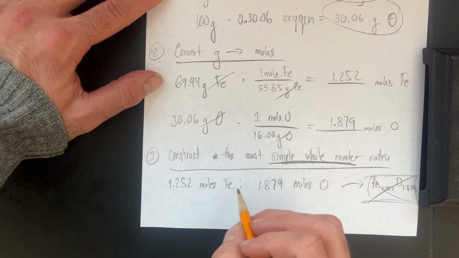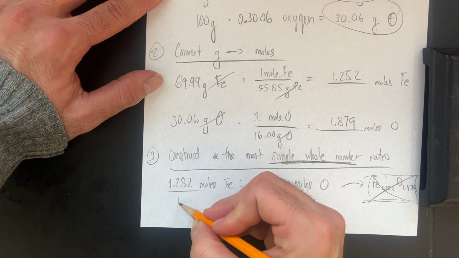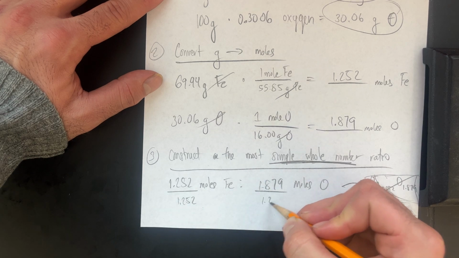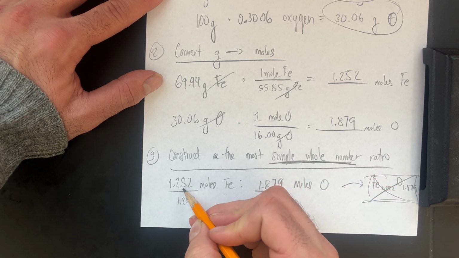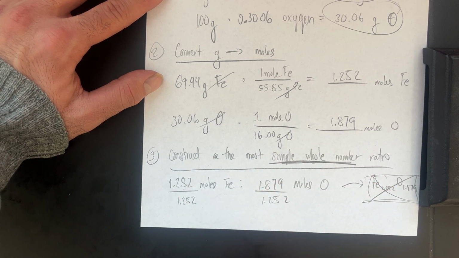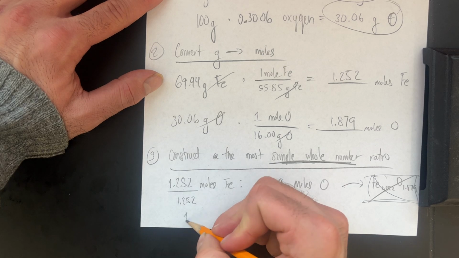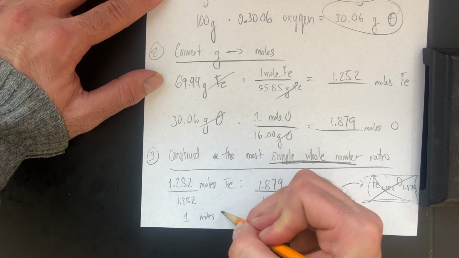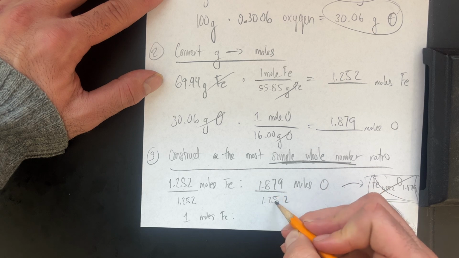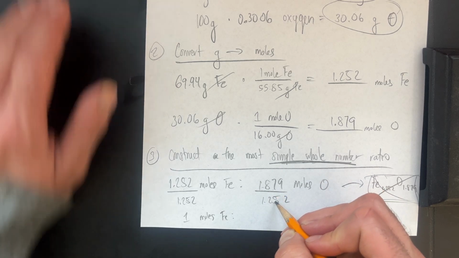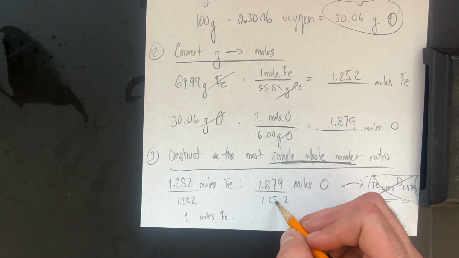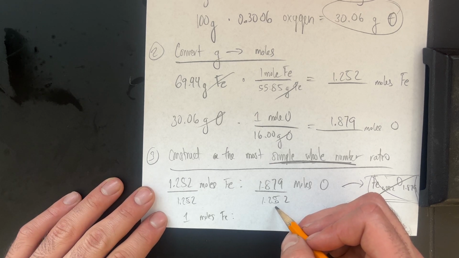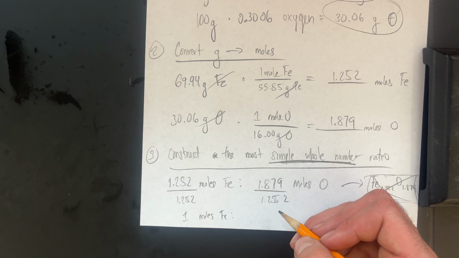Take the smaller of the two and divide both sides by that. Because if you do that, then at least, what's anything divided by itself? It's just going to be 1. Right? And then what's this divided by this? Well, that's not going to be 1, but it's actually going to be something kind of nice. And if it's not nice, we can work with it. So if you were to do that, you would get